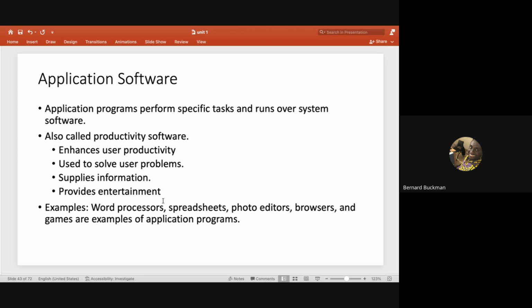So you need an application software that does something specific for your computer, okay? Then we have examples like a web browser. If you want to browse the internet, you need a web browser. You cannot use a photo editor to browse the internet, but you can use a web browser. So those are specific tasks. If you want to write a Word document like a letter, or maybe a memo or something else, you need what? A word processor. We have spreadsheet applications like Excel. We have other different types of applications which make the user productive.